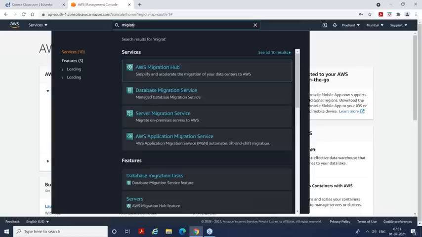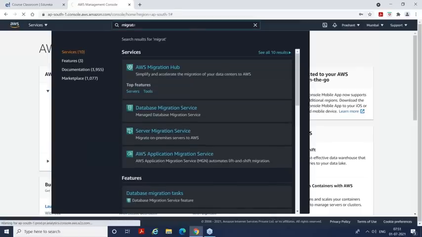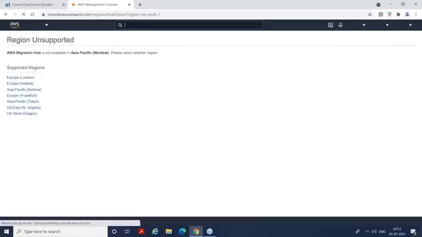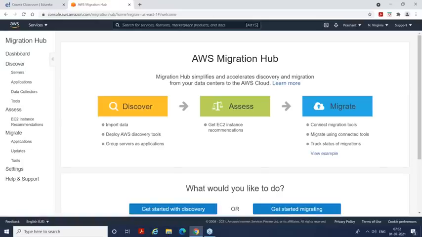Let me show you that. AWS has this service called Migration Hub. Though it is not currently supported in all the regions, only in a couple of regions, I just want to make you aware of what AWS Migration Hub is all about. This is a service, a unified dashboard from where you can track all your migration status, be it migration of your servers or migration of your databases.